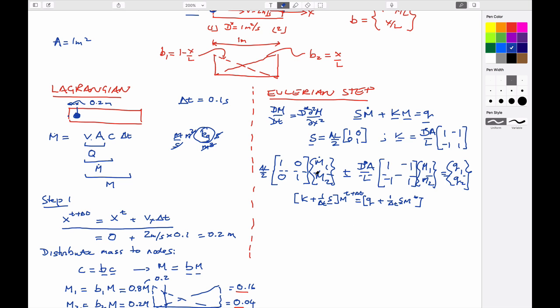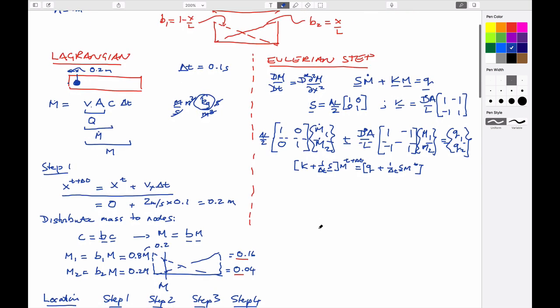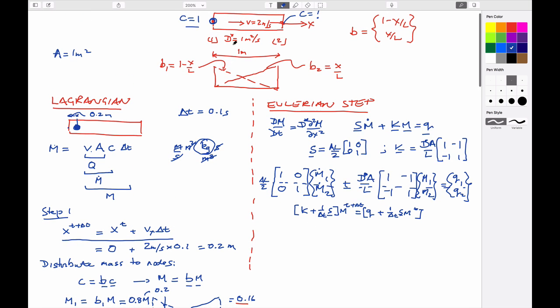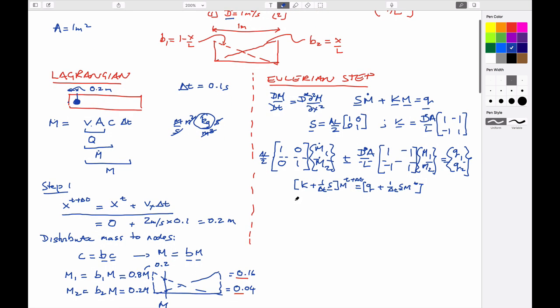Then we're only going to have to solve one equation. It's going to be a recurrence relationship. And so we can look at what these individual terms are going to be. I think we defined the length is equal to 1, the area is equal to 1 meter squared, and so this term is going to be equal to 1. This area times length are also going to be equal to 1, so these terms, I guess, would be equal to 1/2. And so if we write out this equation in longhand, it's going to be